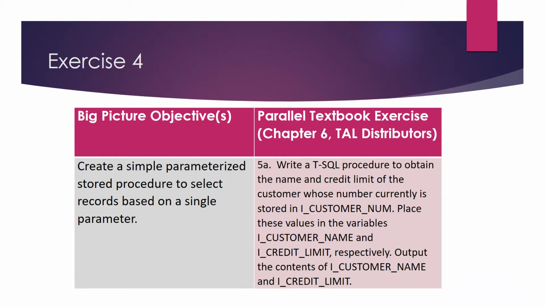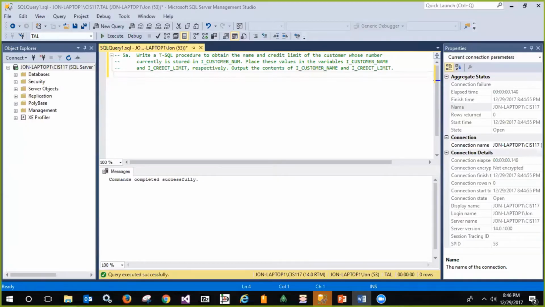Our key objective for exercise 4 is to create a simple parameterized stored procedure which will select records based on a single input parameter. In exercise 4, we're going to write our first Transact-SQL stored procedure, and this is going to be based off of the parallel exercise TAL 5 Part A, which says write a T-SQL procedure to obtain the name and credit